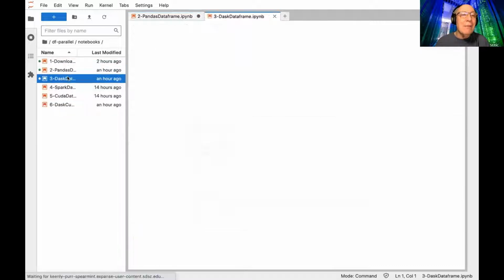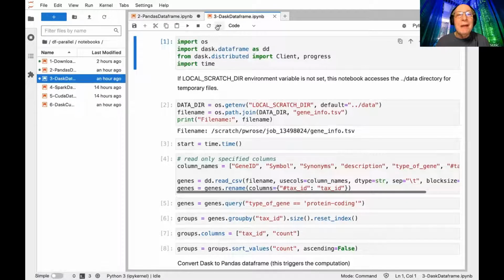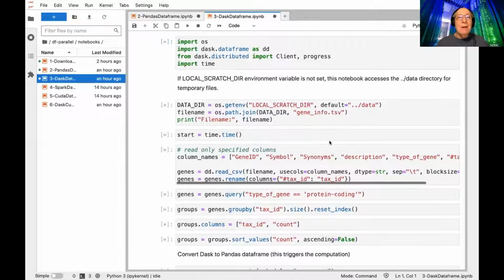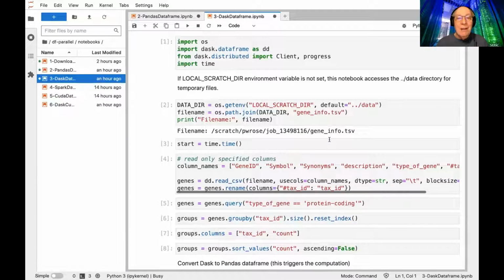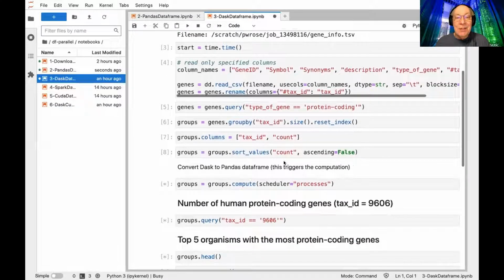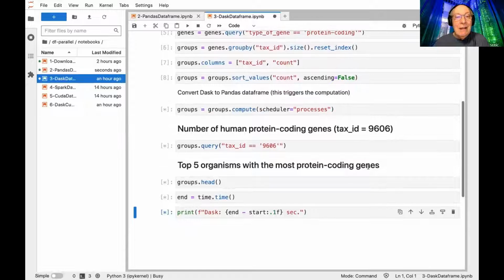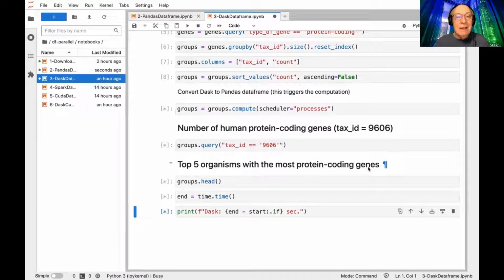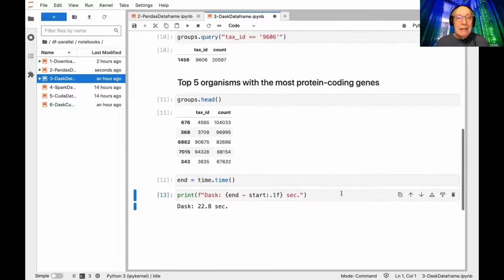Okay, now let's do the same with the Dask data frame. As I mentioned, Dask breaks this file into smaller pieces or partitions, and they are processed in parallel. Basically, the code looks almost the same. The API is slightly different for Dask, but most of it is pretty much identical here. And again, let me run this and see what we get. We do get the same results, but let's see how long it takes to run. Okay, so with Dask, the same task took like 22 seconds. So we went from 50-something seconds to 22 seconds.